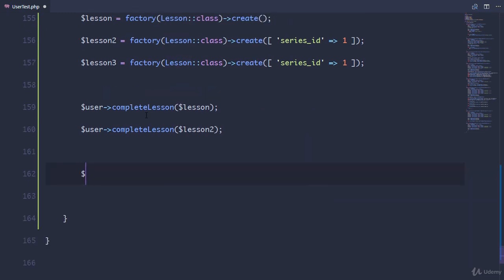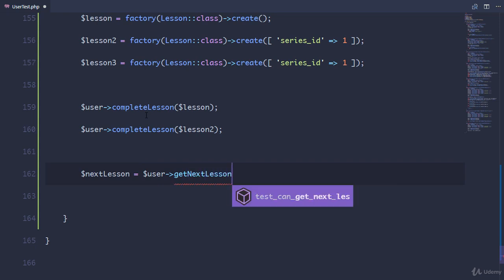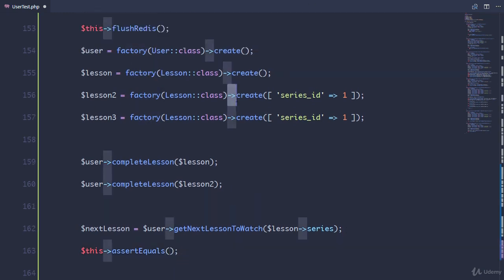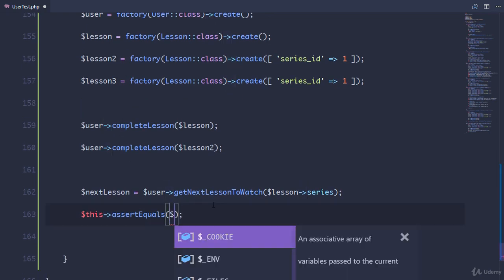Okay, so right now what we want to do is say next lesson equals user get next lesson to watch for a series. So we'll pass in the series right here. Get next lesson to watch is the method that we want to create, and this method will take in the series, search our Redis database, get the values or the lessons that have been completed, and then it's going to get the next lesson that the user is supposed to be watching. Okay, so we'll just assert equals, and what we can do is compare the ID. So this is lesson 1, lesson 2, lesson 3, so we want lesson 3 ID to be equal